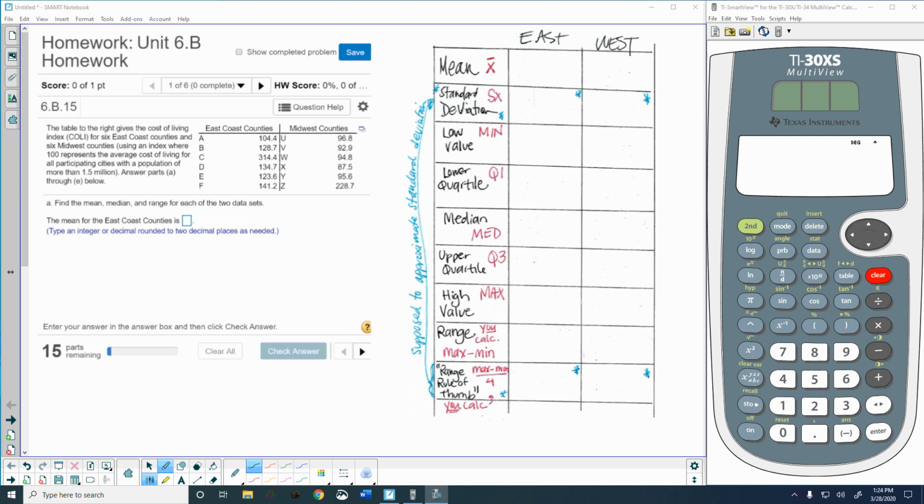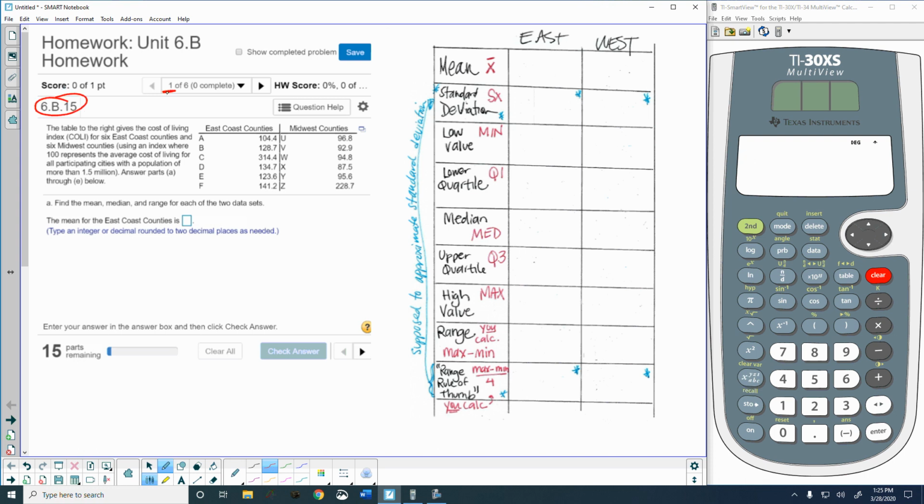Okay, this video is to show you how to get the calculator to work on getting some of these statistics if StatCrunch is not working on your computer. It's really not hard to get it from the calculator, but you'll just have to be careful for typos is the main thing. Alright, so in the calculator, I pulled up this problem 6b15,